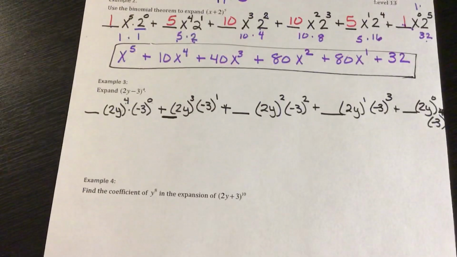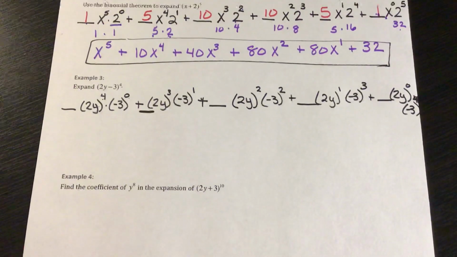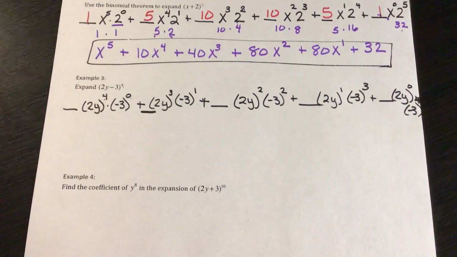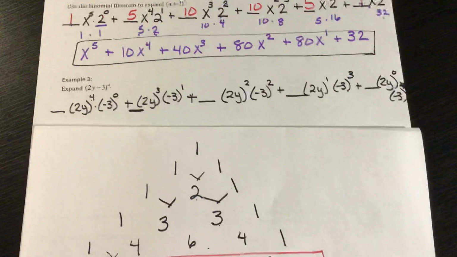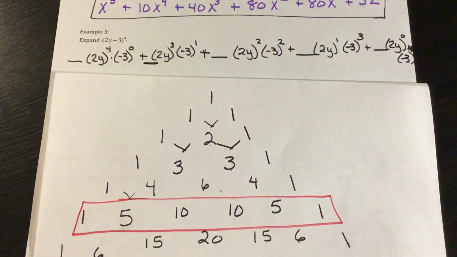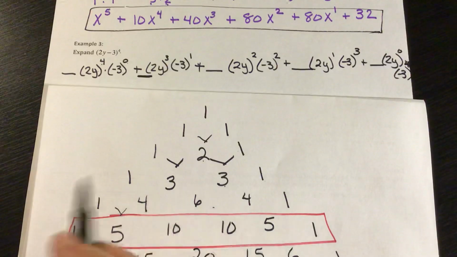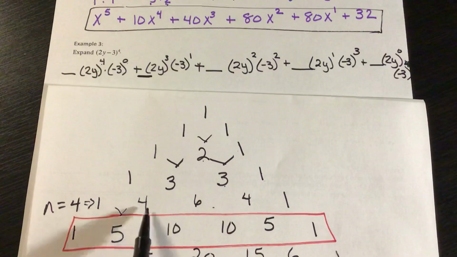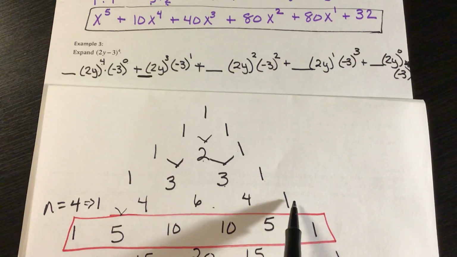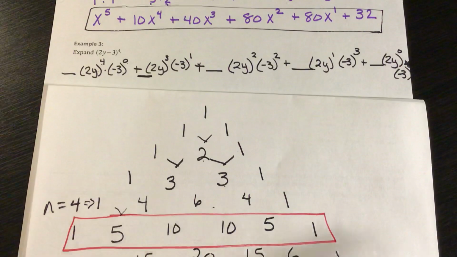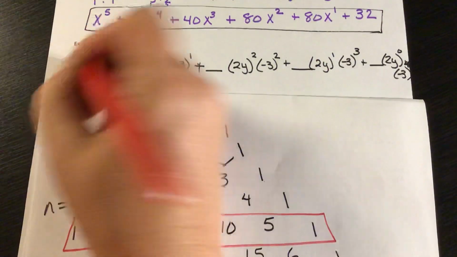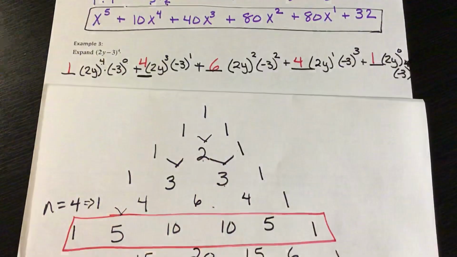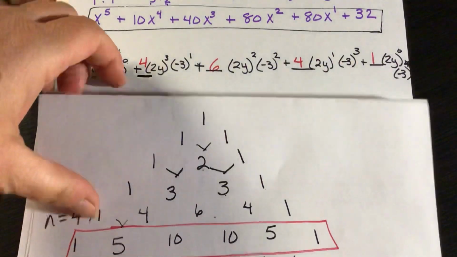All right, so now we're going to go to our triangle, look at the fourth row. Okay, so that's going to be the row above 5 that we did before. So here, and this is for n equals 4 right here, I'm going to have 1, 4, 6, 4, 1 are the numbers that I'm going to fill in for my coefficients. So I'll put a 1, a 4, a 6, a 4, and a 1. So now I have